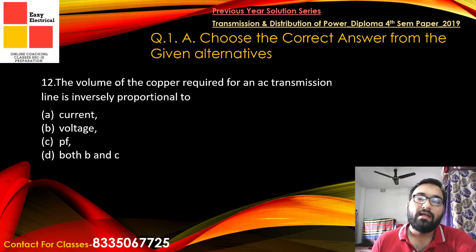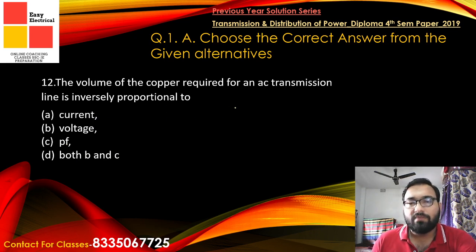So here we are talking about the amount or the volume of copper required. A simple derivation will give us this form. If we check, the question that was given is incorrect in a way, because we will find that the values depend on voltage and frequency, voltage and power factor, and both B and C would be correct, but it is not so. So let us check.